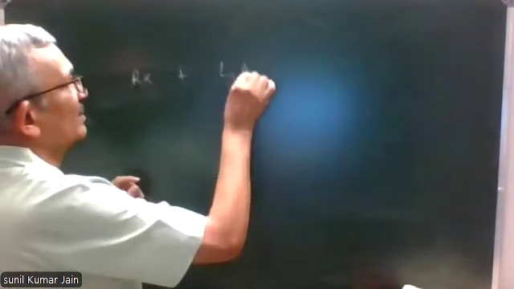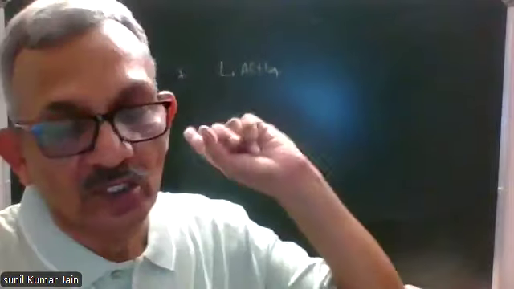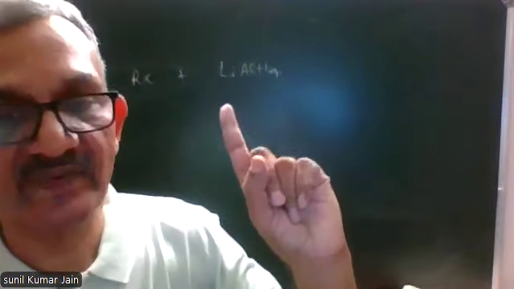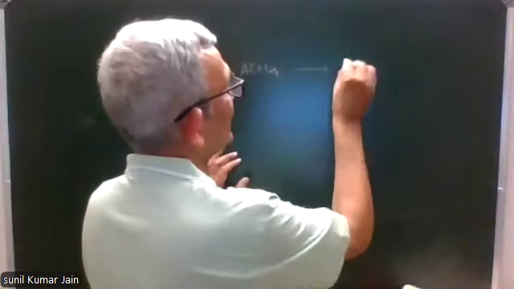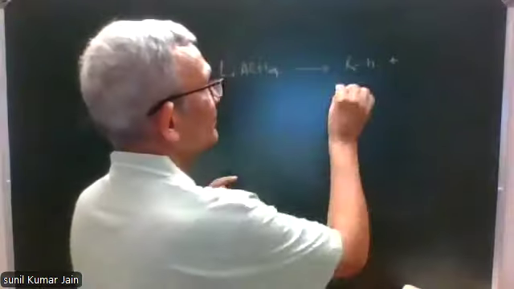Next, and the last NSR. Next is reaction with LiAlH4. LiAlH4 is lithium aluminium hydride. It ionizes to give H minus ions. I hope you remember H minus ions are called hydride ions. So lithium aluminium hydride gives hydride ions as nucleophiles. Hydride ions combine with R to form alkane